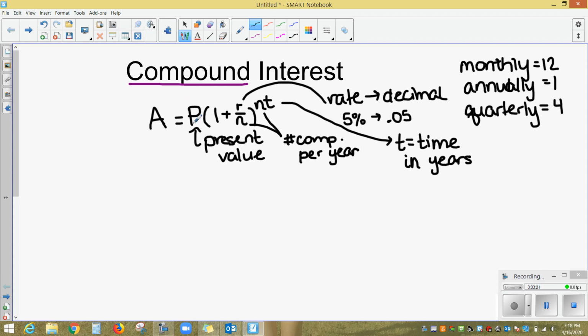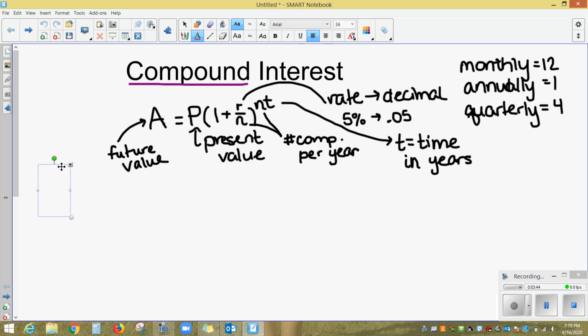If we start with this much money earning this interest rate compounded this many times per year for this many years, then at the end of that situation, the A, the amount that's there, is what we call the future value. Okay, so I'm going to try my hand at typing here so I can get things done a little bit more clearly. Okay, let's say that I have $4,000